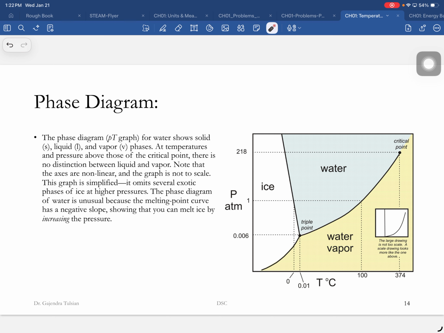Okay, this is the boiling point. Okay, the temperature is 22 degrees Celsius. Okay, so this is